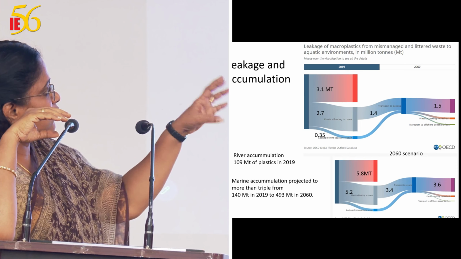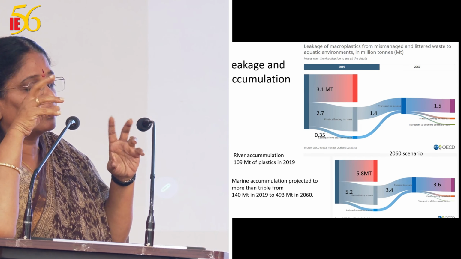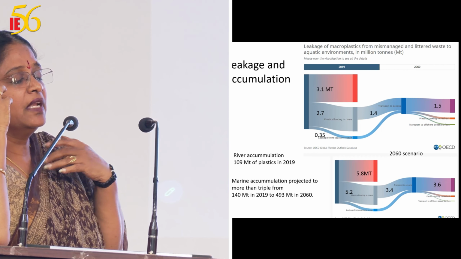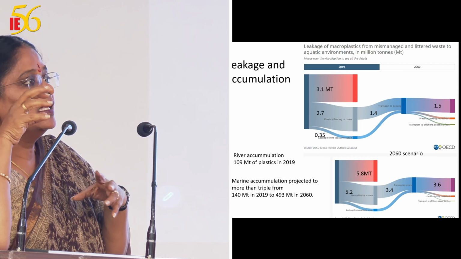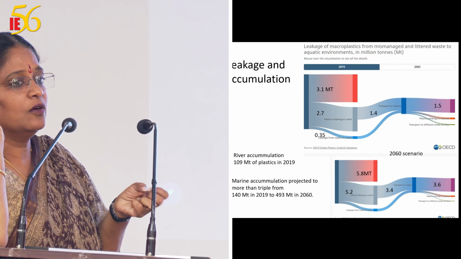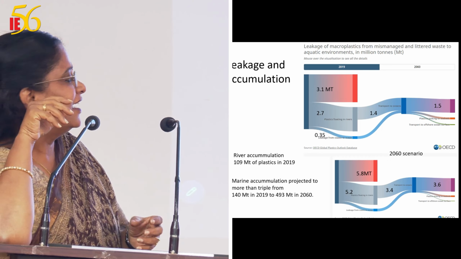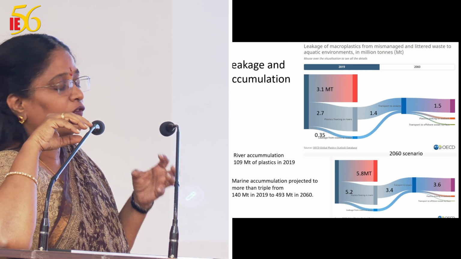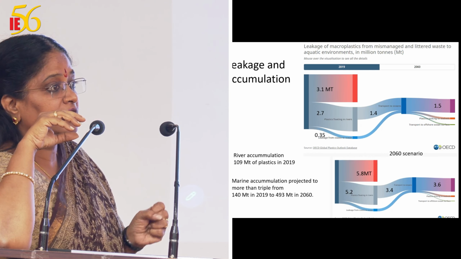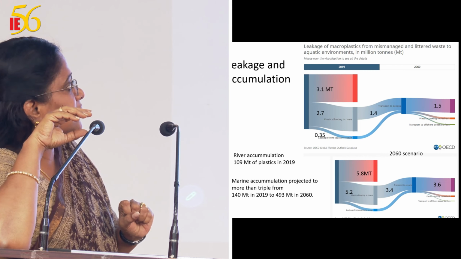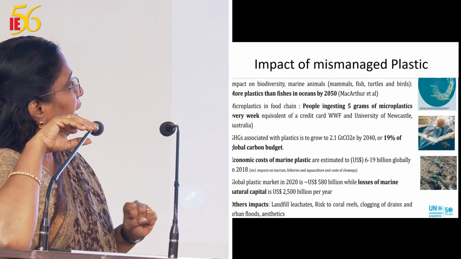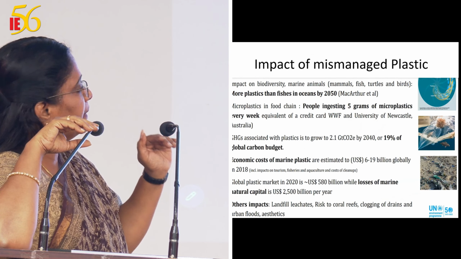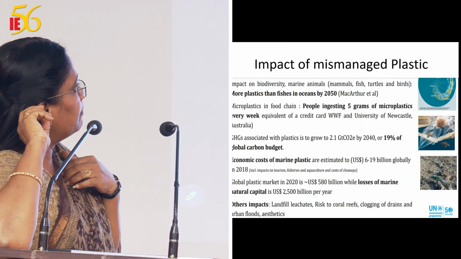And then finally, whatever goes into the ocean, we all know, we have seen horror stories and pictures of what happens to plastics when it goes into the ocean. And they say that by 2060, there will be more plastics in the ocean than fish. That's the prediction. So there is an alarming rate of accumulation of plastic in our water bodies because of mismanaged plastic. Right? And yes, you know about this. I just wanted to put some numbers. We all know, but we don't know these numbers.